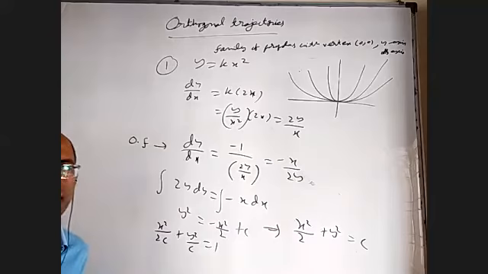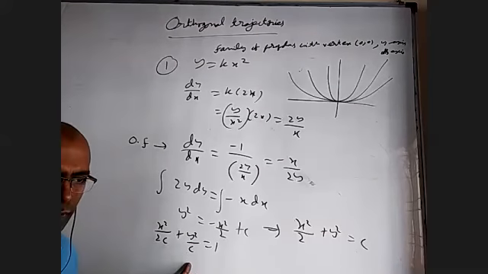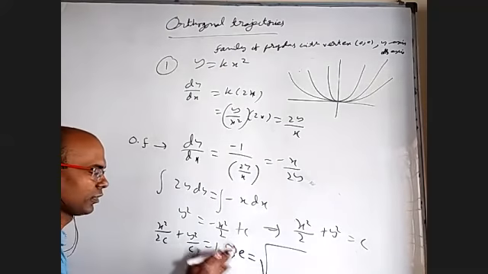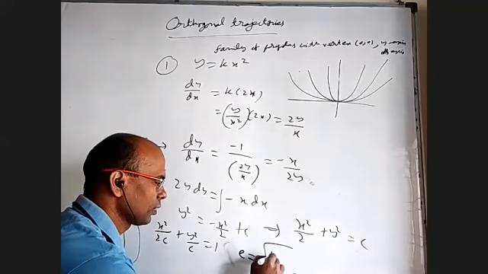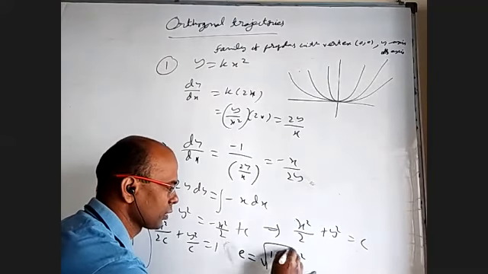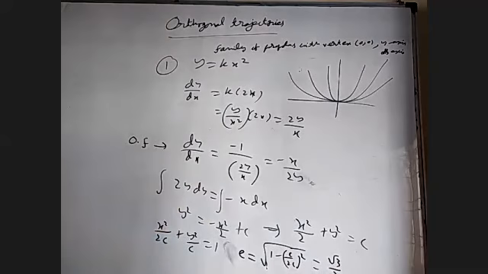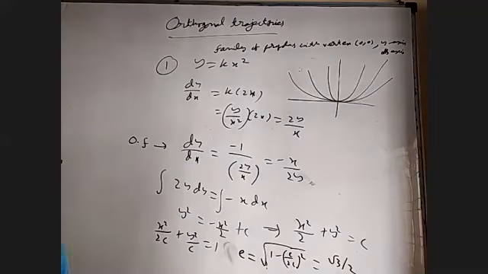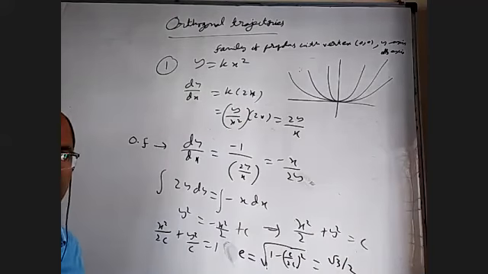Eccentricity. Yes, exactly. Whenever the ratio of this and this is the same, the eccentricity is constant. If you try to find eccentricity, it is square root of 1 minus b by a whole square. Root over 1 minus c by 2c, which is 1 minus 1 by 4, which is root 3 by 2. So basically it covers all the ellipses whose center is origin, major axis x-axis, minor axis y-axis, and eccentricity root 3 by 2, that only. If I have 5c here, 3c there, some other ellipse, then this is not the orthogonal family, something else will be the orthogonal family.